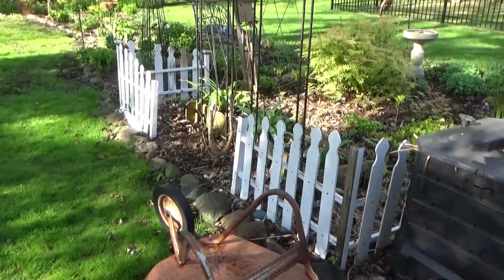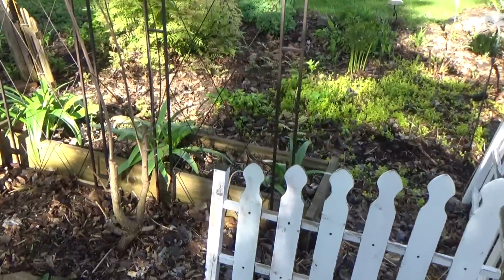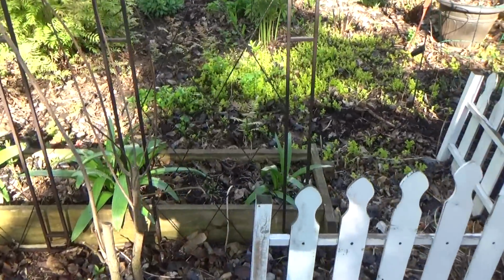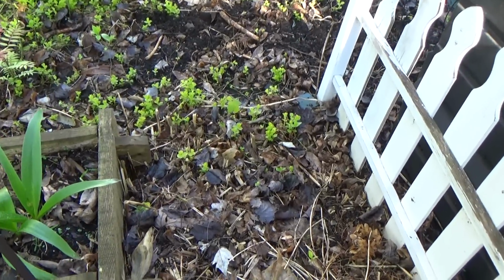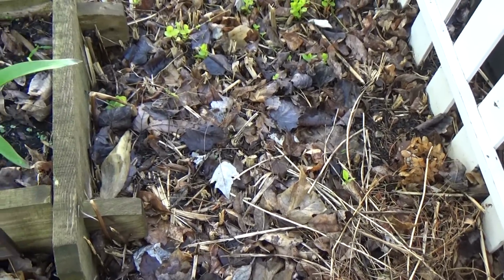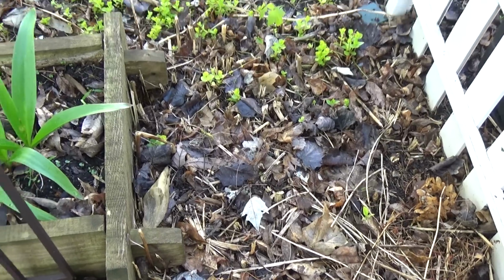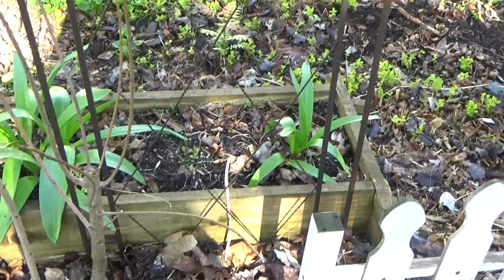I just want to start planting. Just get my hands in the soil. Even flowers, but it's just, let's see here. I don't know if I can see anything yet. This is my Joe Pye weed. I'm gonna have to get in there later to see if I see anything. I know it does come up later, but